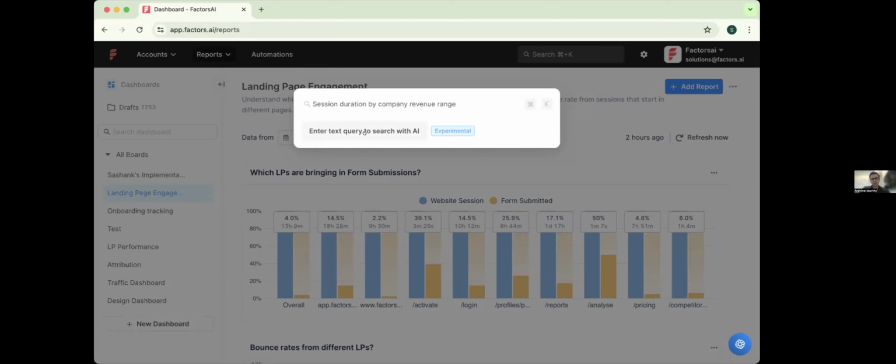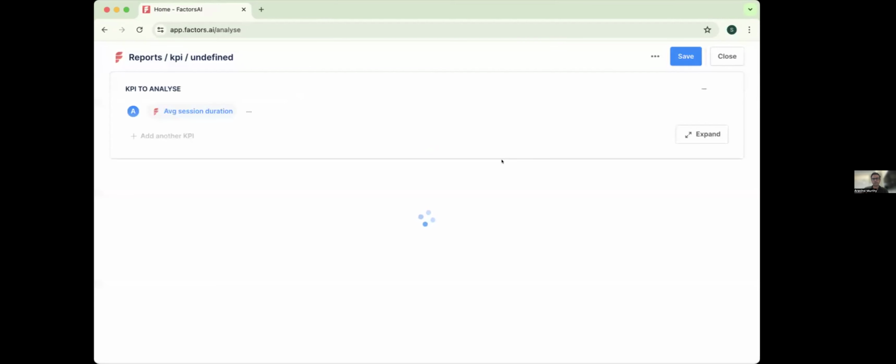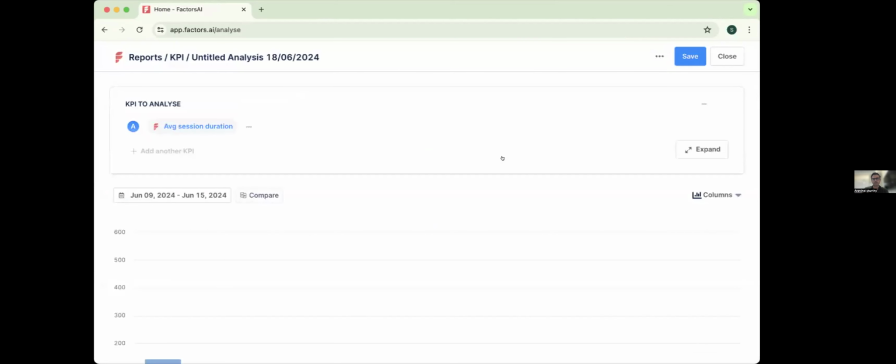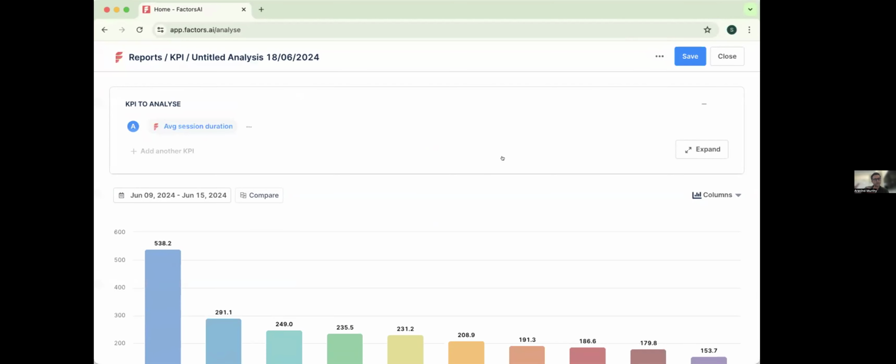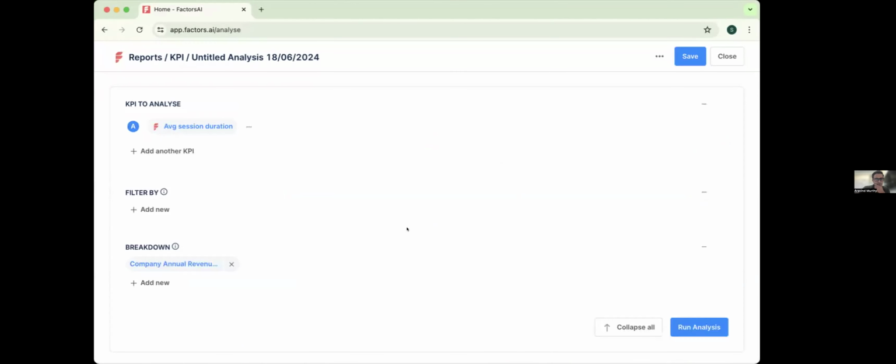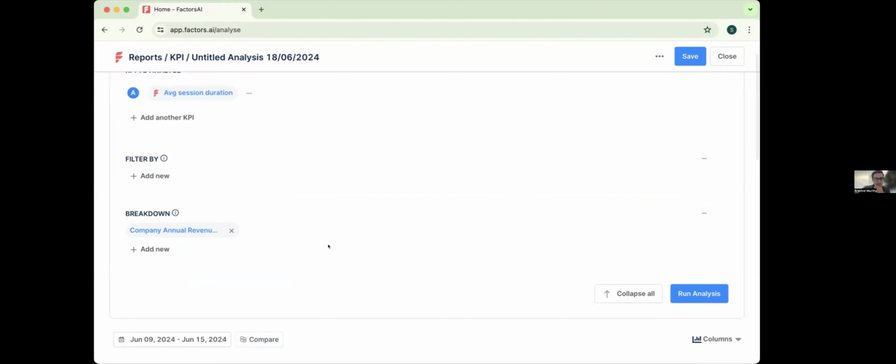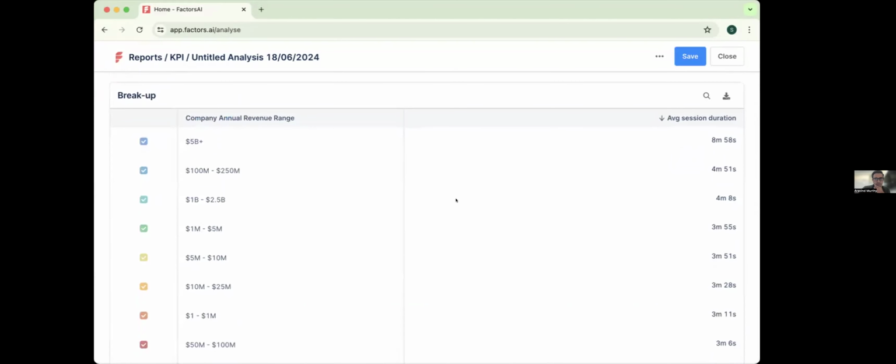So you have different kinds of companies and different revenue ranges, and you would have an opinion about which company or which revenue ranges to target. You might have launched the campaigns for a given ICP, but that ICP might not be engaged. Here you see that the KPI has been chosen as session duration and the revenue range as a breakdown component, and you get a report based on that. You can check whether the right companies are engaging on the website, right?